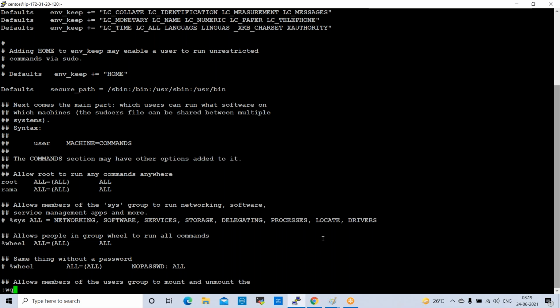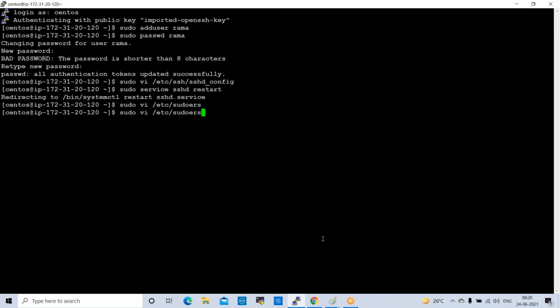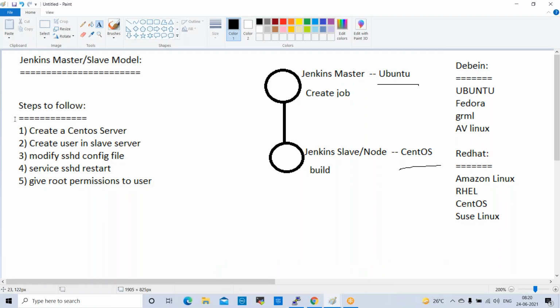Okay, save and quit here. When we are saving the sudoers file, we need to save forcefully, otherwise it will not allow. Shift colon wq and exclamation mark, then it will be saved. One more time you can restart the service, right? Done. We performed all the steps, right?